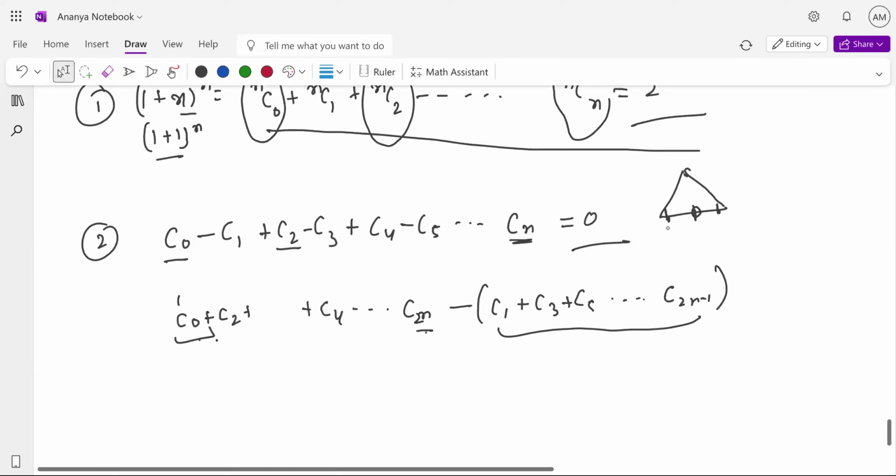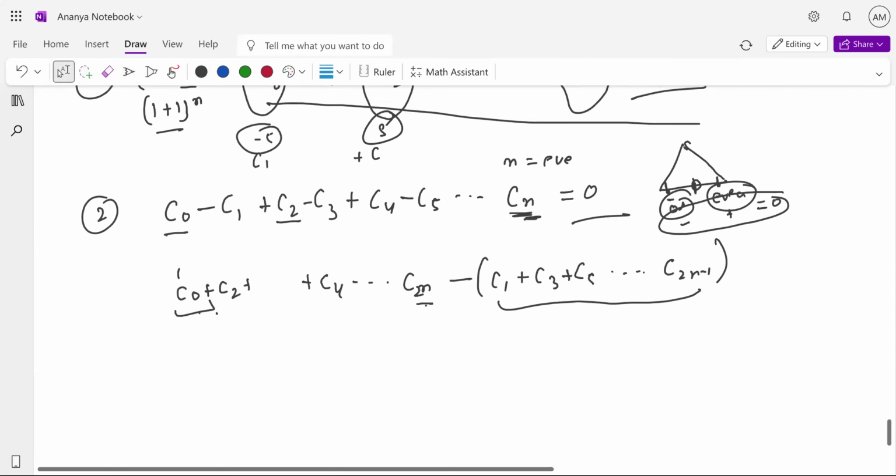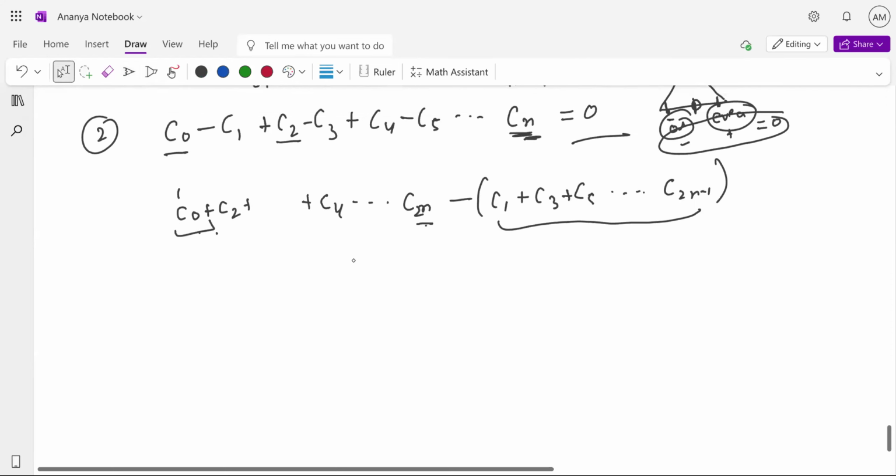So if something is odd here, it is even on the other side, and that becomes minus plus, which results in 0. Clear? In this case, one should be clear that whatever n you get, it should come out to be even, so that you can have a negative and a positive present. For the same value, if minus 5 is present, you need another 5 also. For an odd n, it is not possible, right?